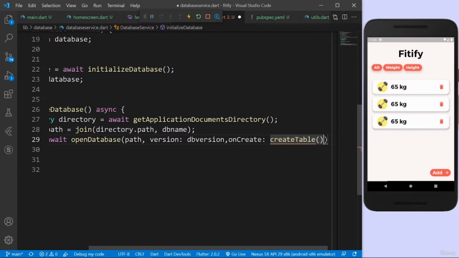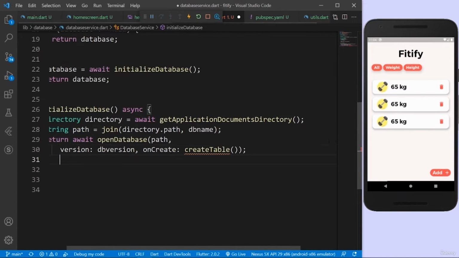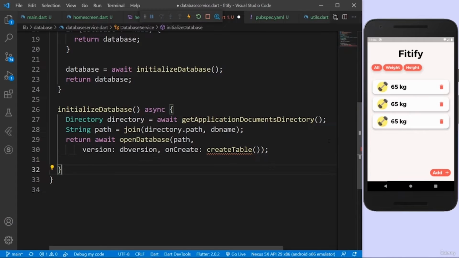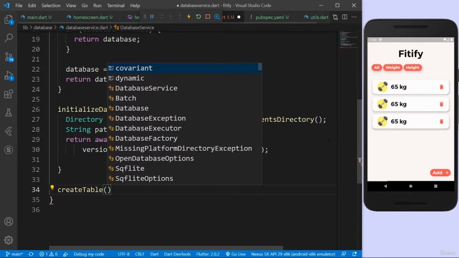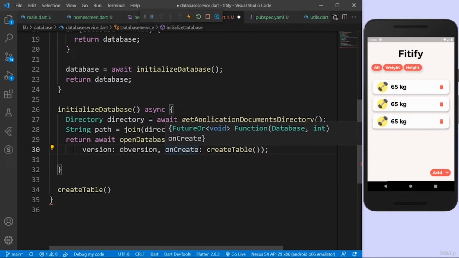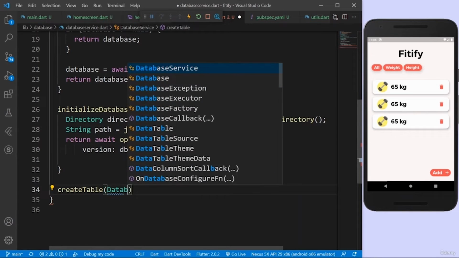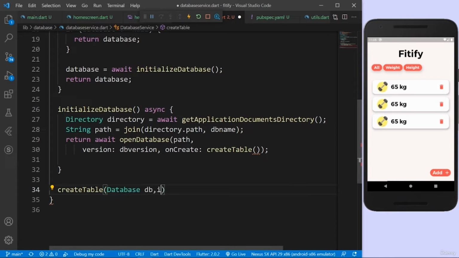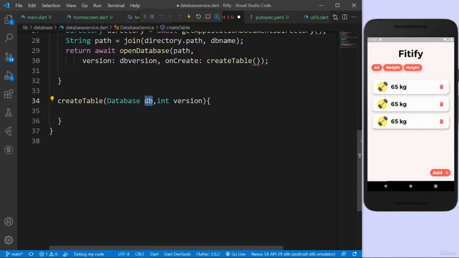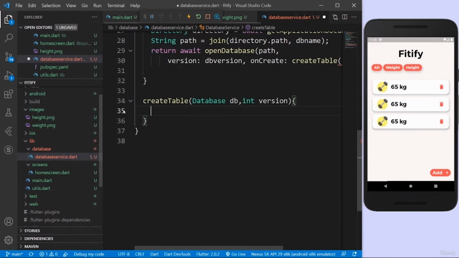So after this, I'm going to say create table. And the problem here is, so first of all, this on create gives me a database and an integer, so it's going to also give me a version name. So I have to actually accept it here. I can say database db, and also it's going to give me the version, so int version. And here what I'm going to do is, here automatically I have the database, so I can just say db